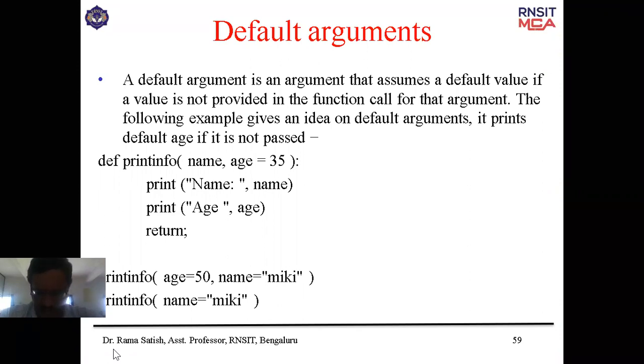Now, I'll give you one small assignment.